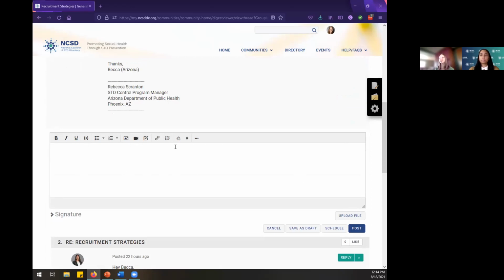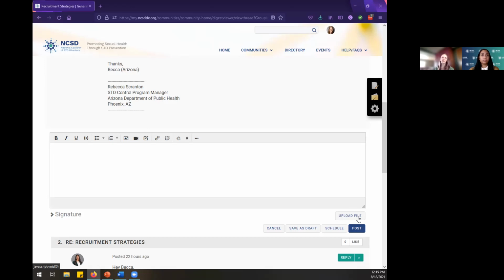We do have some basic formatting options. Like I mentioned, this is multimedia, right? So it's not just about all-text posting and answering questions and discussions. It's really helpful sometimes if you want to share files. You can insert images and videos and hyperlinks right into the body of your message, or you can also upload a file. You can upload a file directly to a discussion post this way.